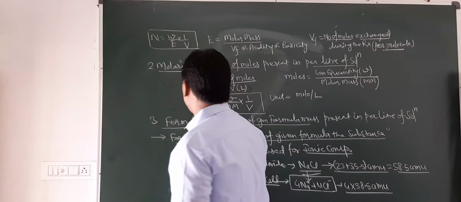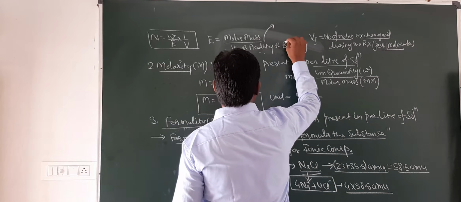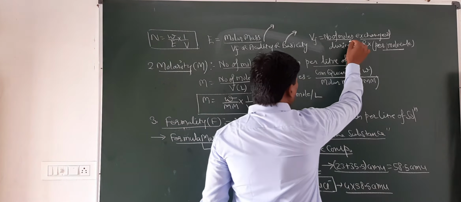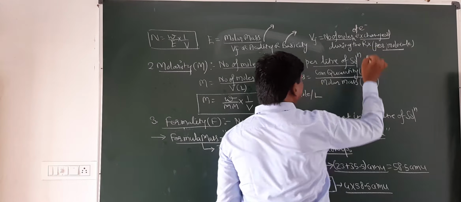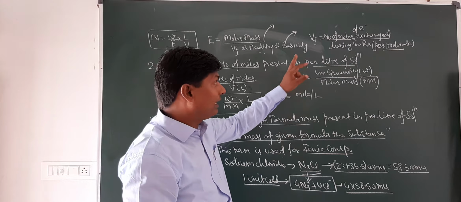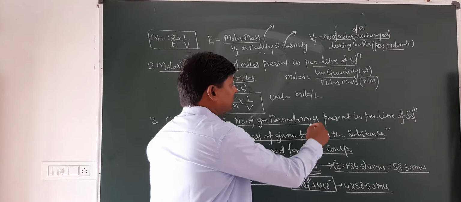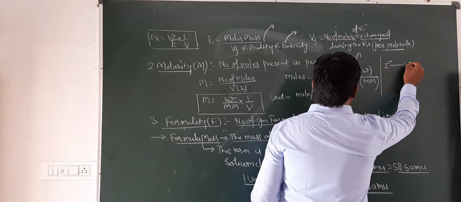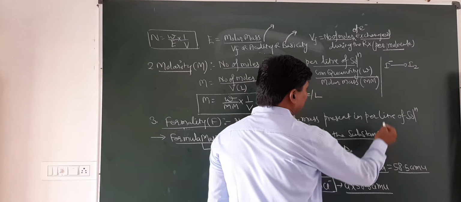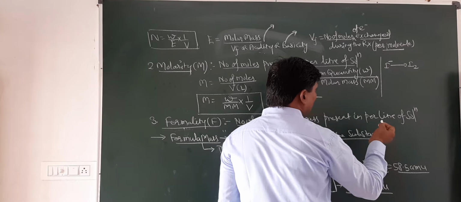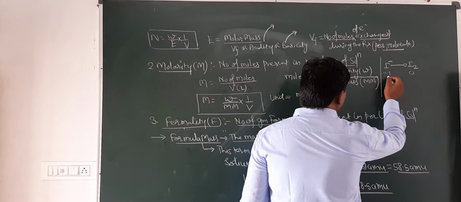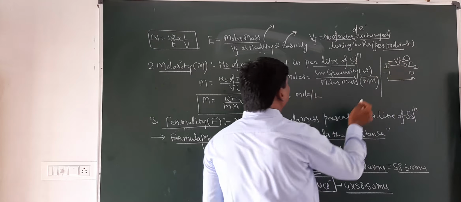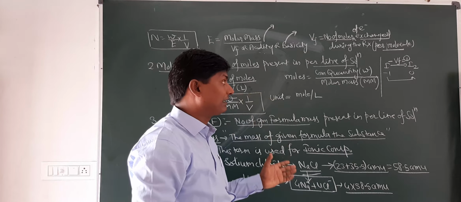My dear students, this is the valency factor. The number of moles of electrons exchanged during the reaction is called valency factor. Suppose that I am converting I minus into I2. So in this reaction, what is the valency factor? You know that there is -1 charge and here it is 0. So -1 to 0, there will be exchange of 1 electron. So its valency factor will be 1. Later on we will also discuss in detail what the valency factor is.